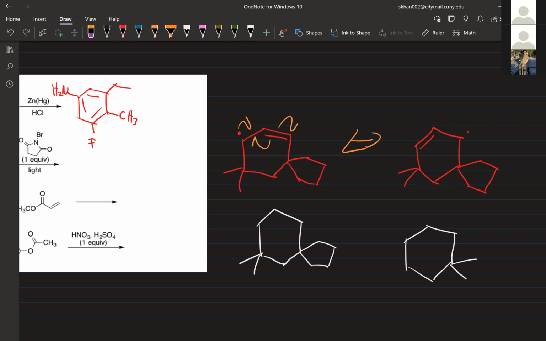Okay, that's a 5-member ring. I can't draw it a little better right now, but